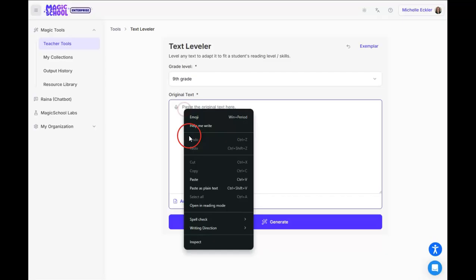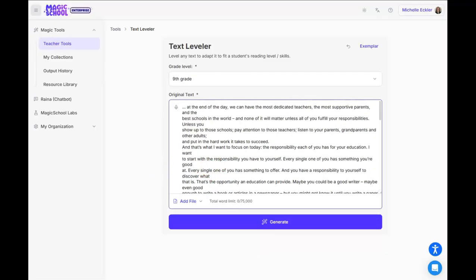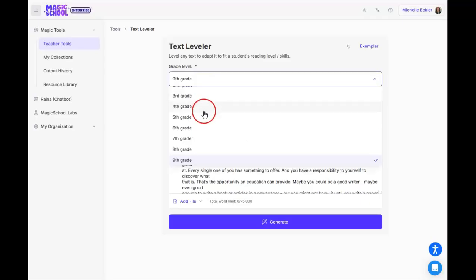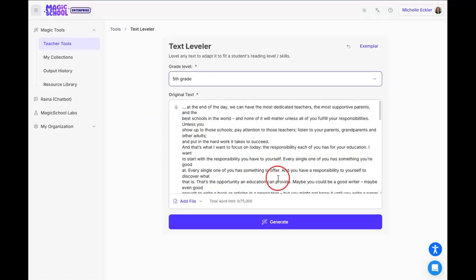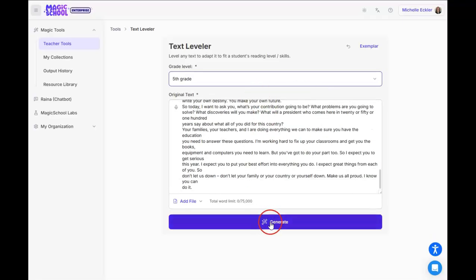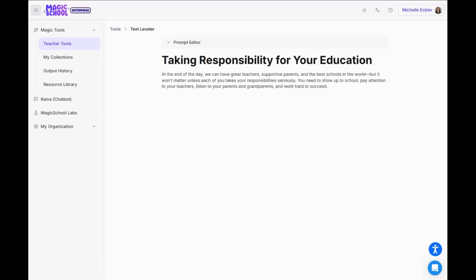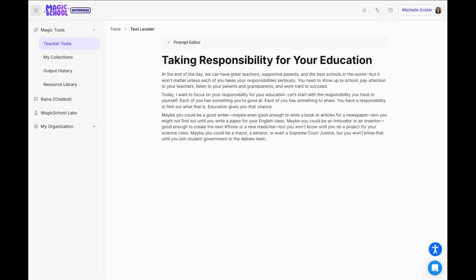But I'm actually going to paste in my text. And this is an excerpt from Barack Obama's speech from 2009. Now, this is probably set somewhere around a 10th grade reading level. I'm going to go ahead and change this and say that I want it to be a 5th grade reading level. So you can see I have all of my text here, and I am going to click Generate Text, and that is going to generate for me a 5th grade level